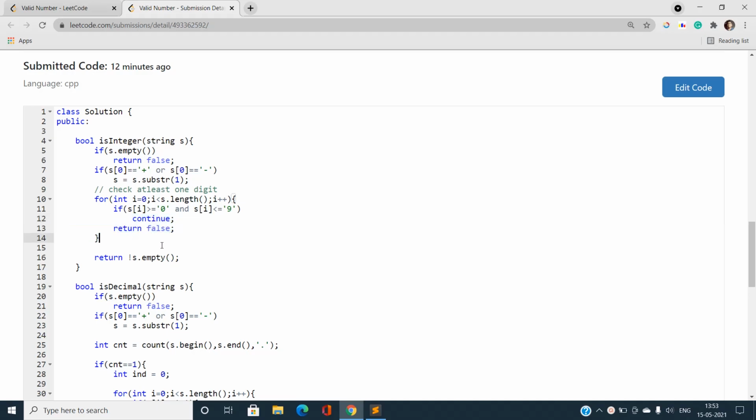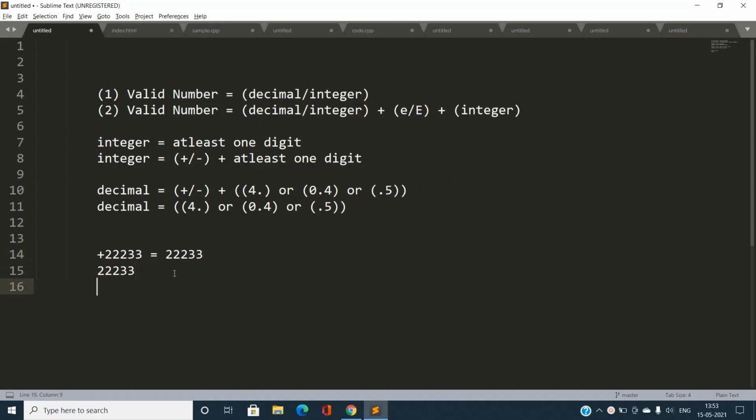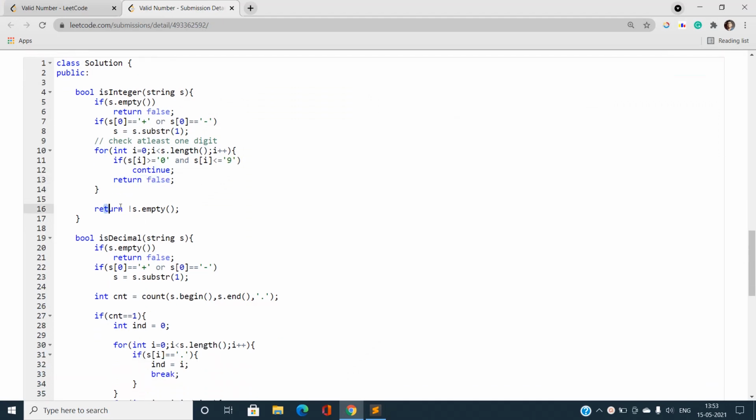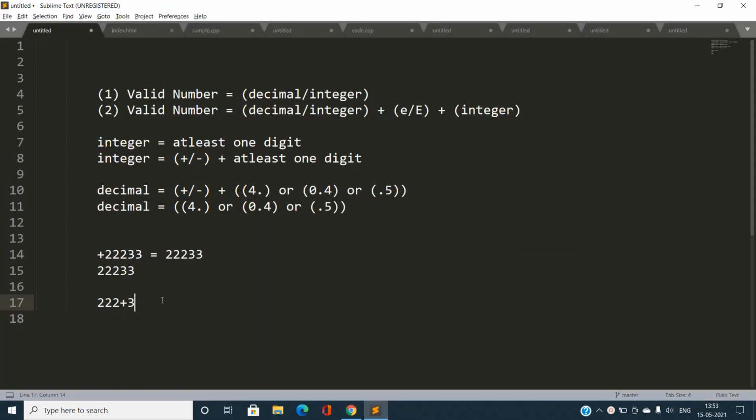Sometimes it may happen that we have a string like this, where the optional character is present at the very beginning, and if I take a substring, this will be deleted, but it still consists of at least one digit. But you can easily see there is a plus sign over there also, so this is not a valid integer, and I'm going to return false. Finally I will return s.empty, because sometimes if you take the substring, there might exist only a plus sign.